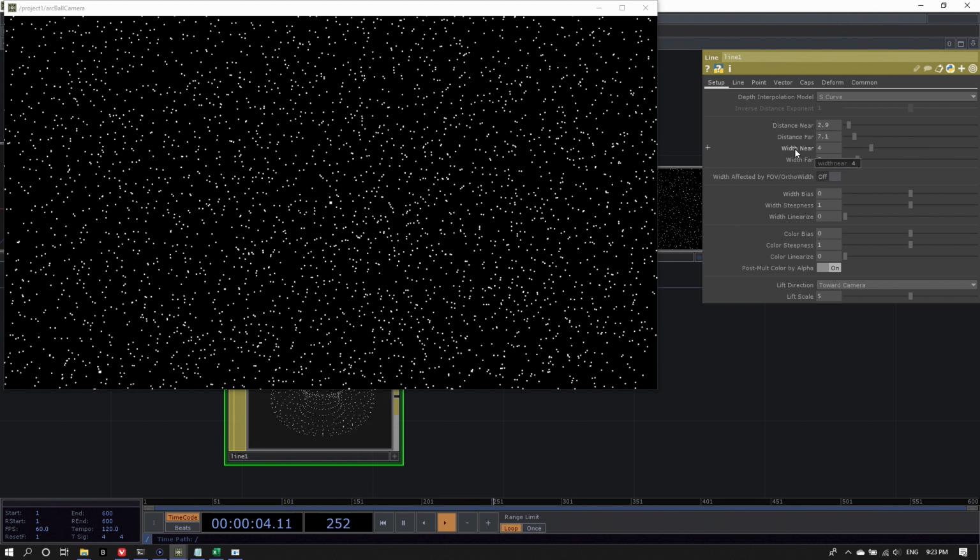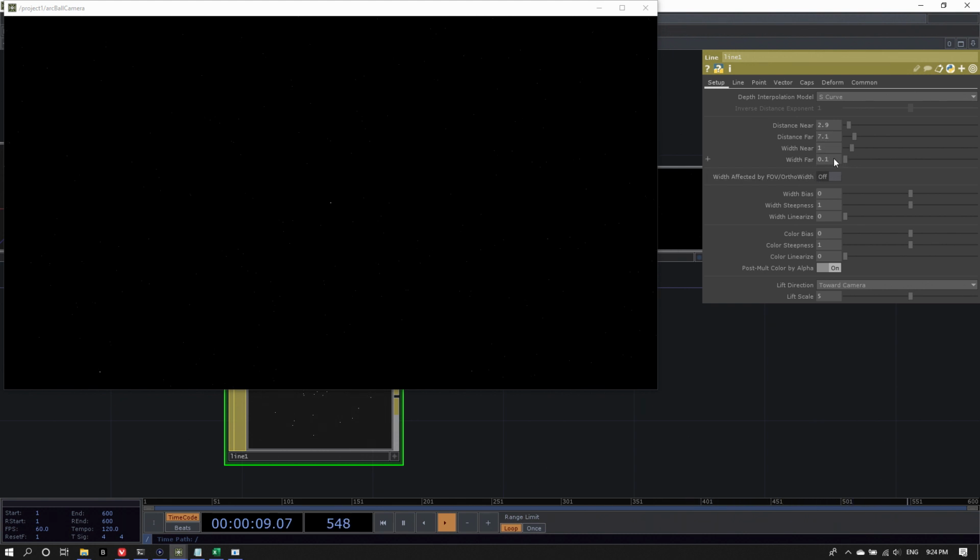The two parameters of interest here are the width near, so the size of squares in our case that are at a distance of 2.9 units from the camera. That's 4. And I'll change this to 1. And the width far, which is at a distance of 7.1 units from the camera, which is set to 1 and which I set to 0.1.